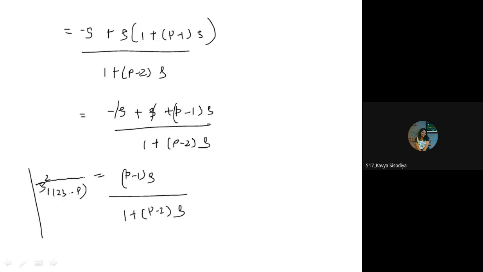ये लिख सकते हैं ऐसा. Can we p equal to, आप क्या रखो, सिर्फ 2 रखो तो क्या होगा? p equal to 2 रखा तो यहाँ पे क्या होगा? सॉरी, rho multiply with this rho, that is the rho square ना. This is rho square. अब कुछ बराबर लग रहा है.